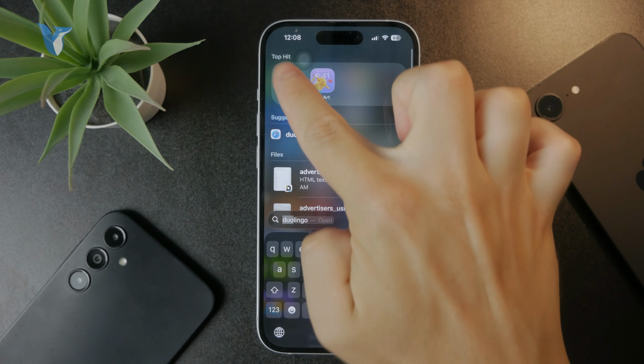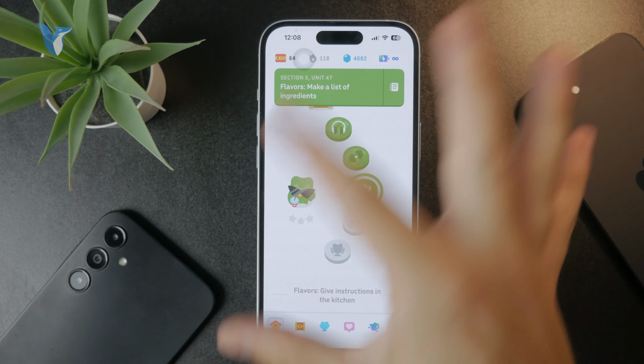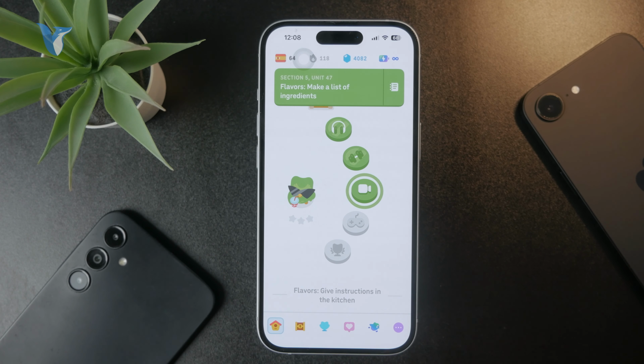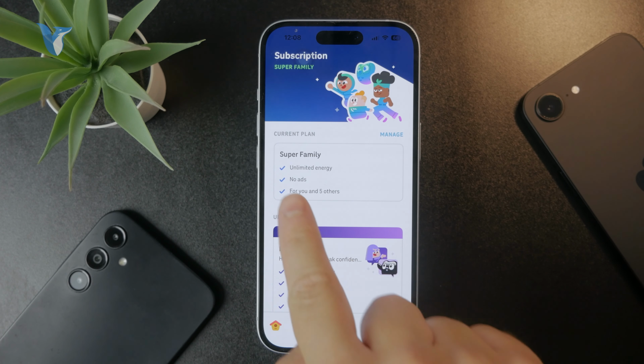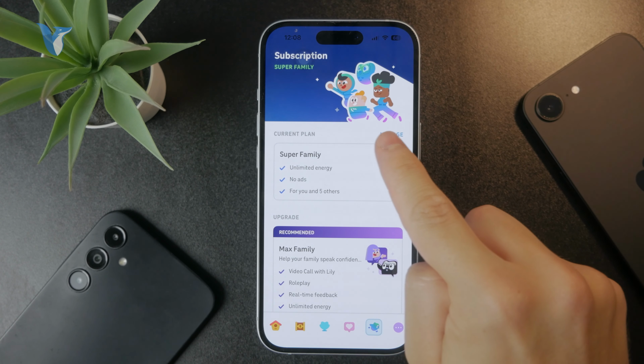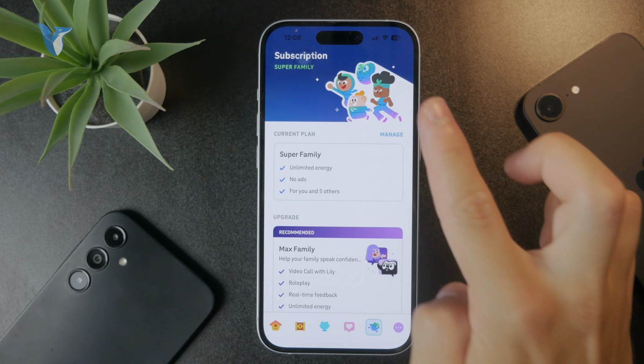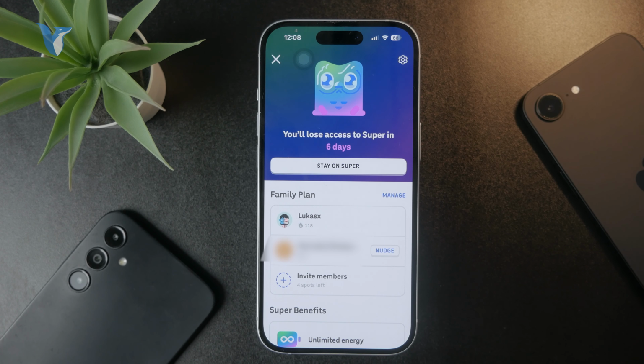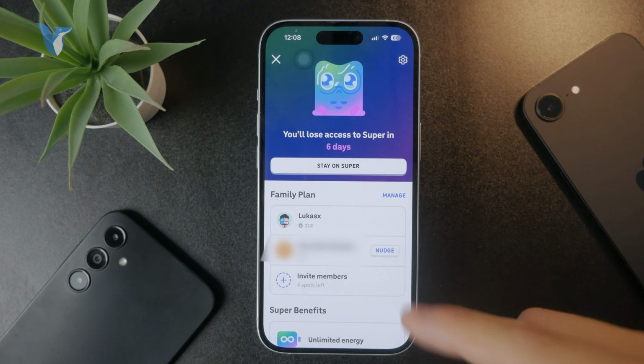So we of course open up the app like this, and I'm inside of the course as usual, but I'm going to click on the subscription at the bottom. So as you can see, the Super Duolingo, I'm going to click there and I can see my current family here. So I can click on manage like that in here, and I can see the people in my family